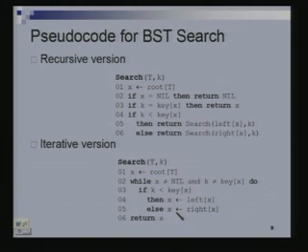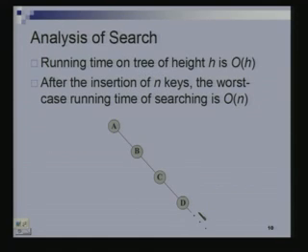So how many times will we execute this while loop? The maximum number of levels in the tree, and what is the maximum number of levels in a tree? It is the height of the tree. So if the height of the tree is h, then the running time of this procedure is no more than h. So order h is the running time of this procedure. Everyone understands this? Right, simple.